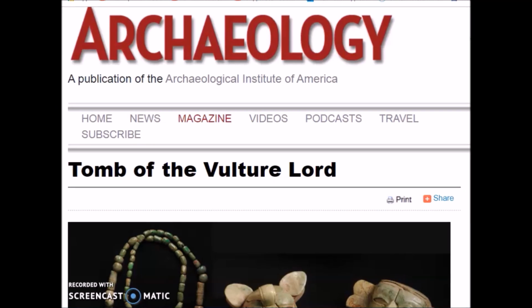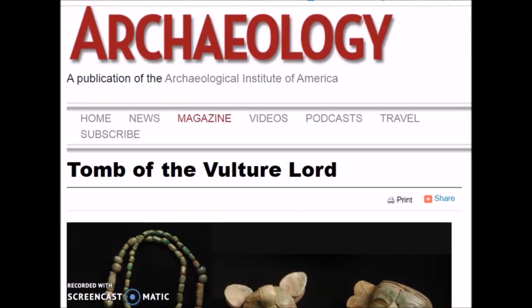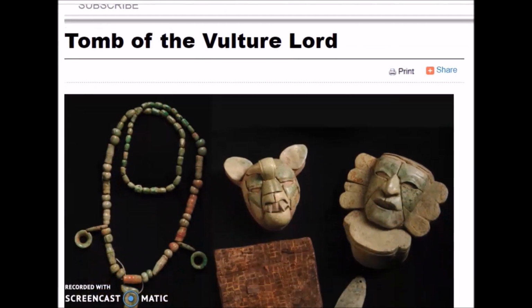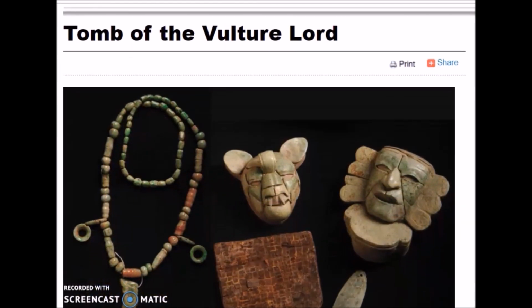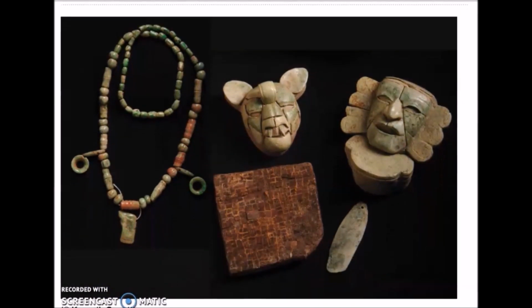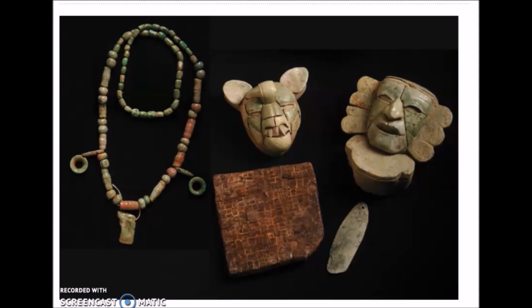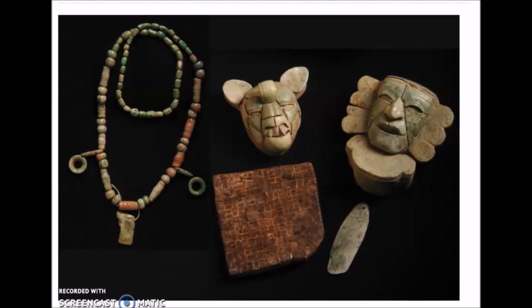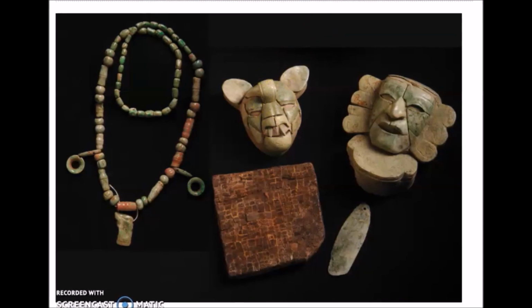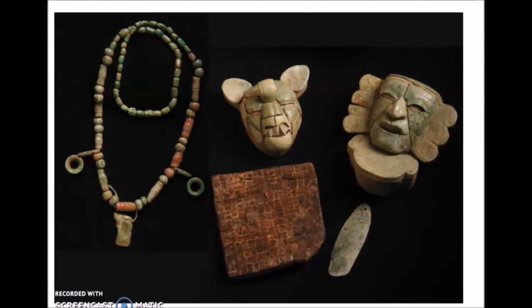Now this is archaeology, and what was found here is pretty unique, and people think that this is kind of a transition site where the Olmec are transitioning into the Maya, and that's kind of a controversy. But here are some of the things that were found in a tomb, so they clearly think this was a royal. Jade artifacts, a necklace here, a bat mask made of jade,